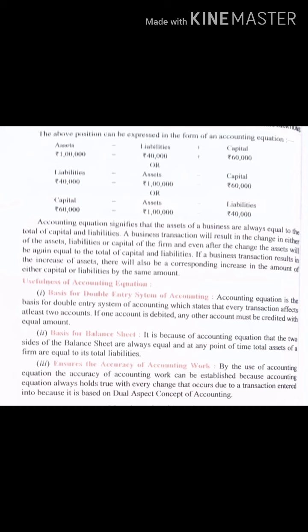Accuracy means they know very well that if something is reducing, then one will be added. Okay, the same amount will be added and the same amount will be reduced at the same time. So what will happen? Ultimately your balance sheet will tally. Okay, that means your assets will equal the liabilities. Fine. So if it is not balancing, that means somewhere your accounts have a problem. Fine. So it gives you accuracy. When it shows the accuracy, you can check out your mistake behind. Fine. So that is what it means to say.